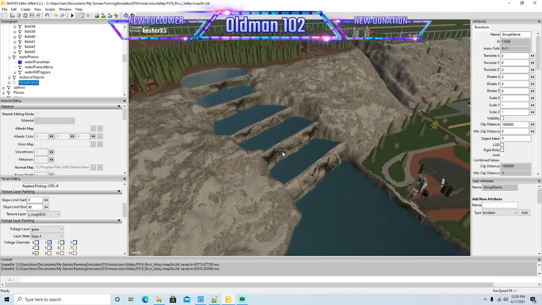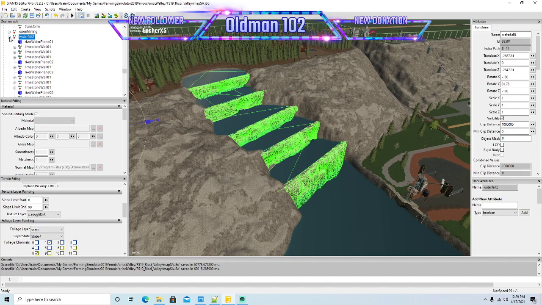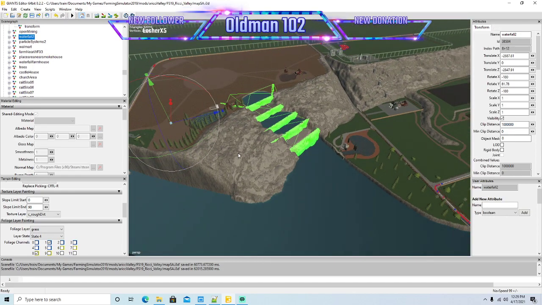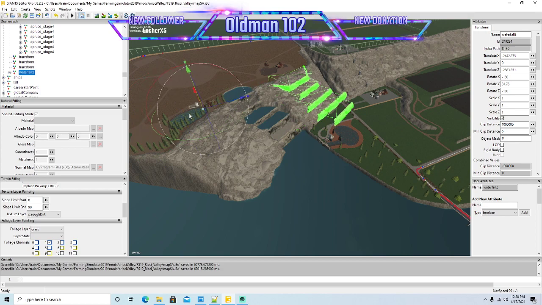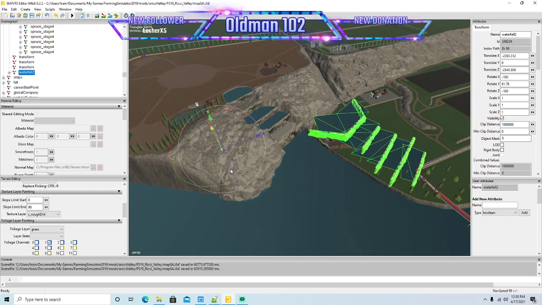So if we took you, and where are you? You are, just want to see what transform group it's in before I get started. So I have my bearings straight. Close you, I'll close you. Okay, so you're under places. So if I duplicate you and we call you Waterfall 3,